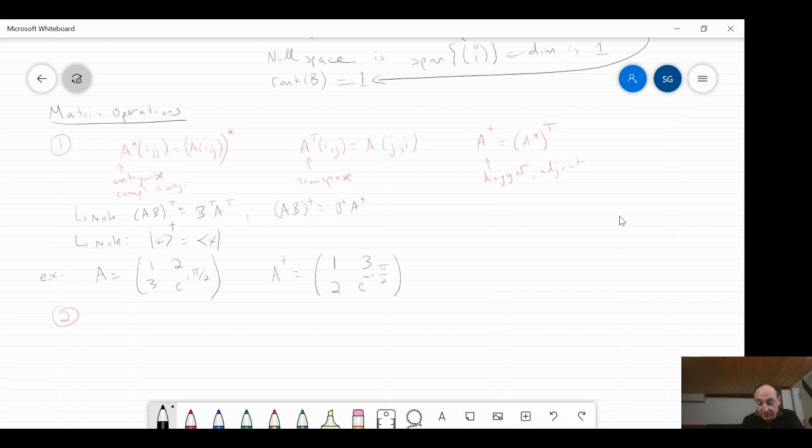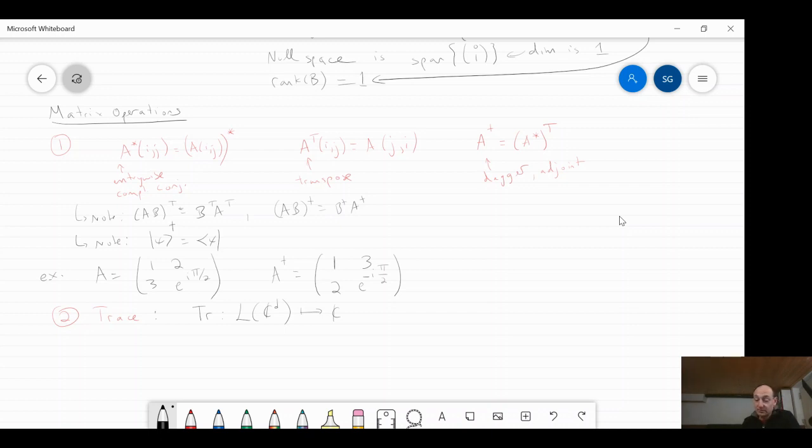Now we're going to talk about the trace. Yes, the trace. How could we forget the trace? So what is the trace? The trace is also a linear map, and we define it this way. We abbreviate it as Tr. What it's going to do is take your favorite vector, for example, or matrix, and squish it down into just one number. Most generally, I'm going to define it as follows: the input is a linear operator acting on C^d, which means essentially a d by d matrix, and it's going to squish it down into just one number. That's the trace map.